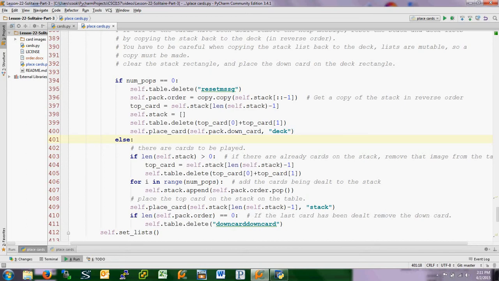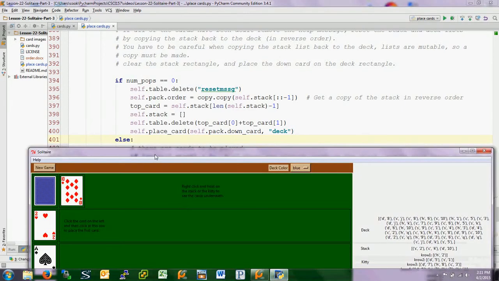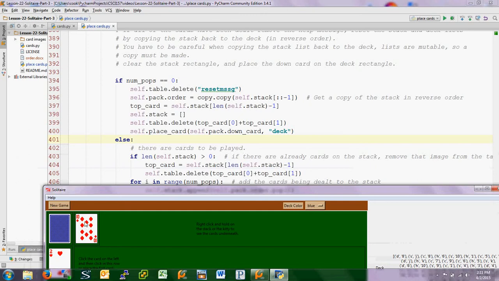Now, if the length of the stack is greater than 0, which means we already have cards on the stack on the table, then we're going to have to delete this 10 of diamonds off from the table and then place the next card. So we take the top card again, just like we did before, and delete it. And then we want to take